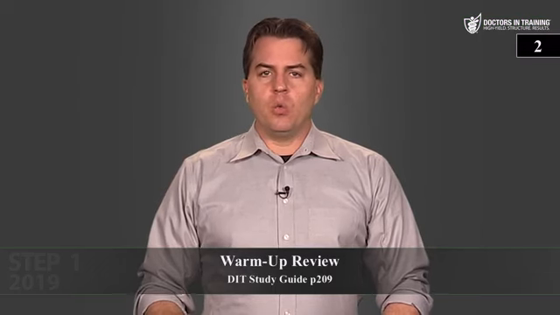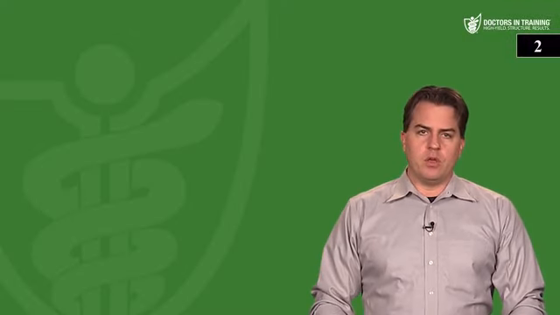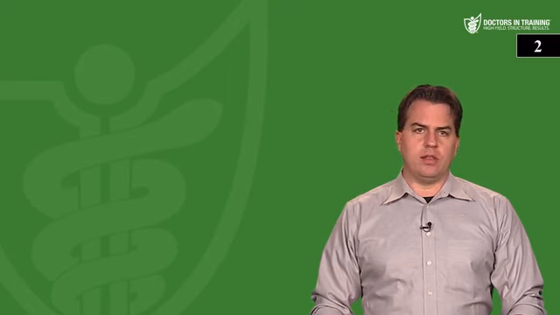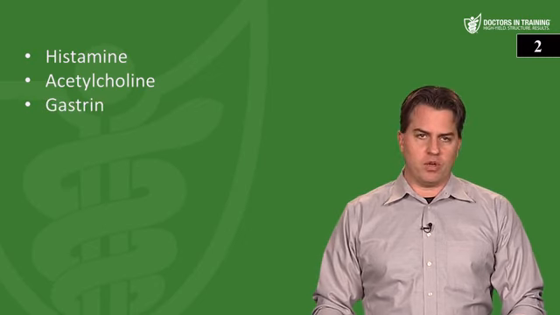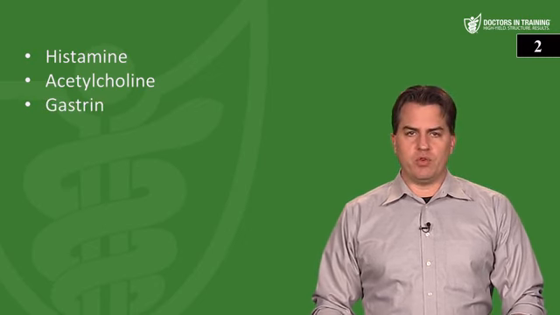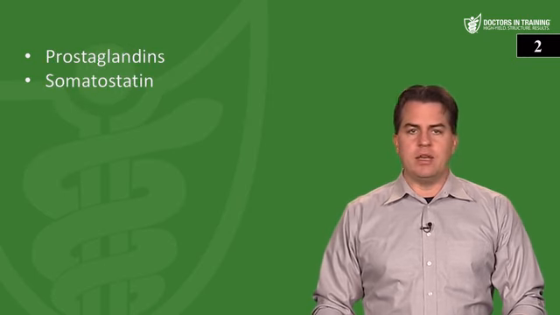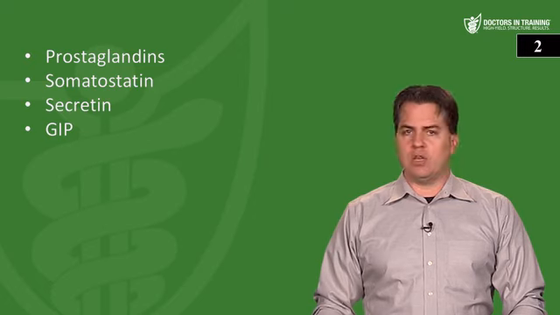Next question, what drugs and endogenous hormones regulate the secretion of gastric acid? Let's start with the hormones. Several hormones and chemicals promote gastric acid secretion, including histamine, acetylcholine from the vagus nerve, as well as gastrin. And then several other hormones and transmitters inhibit gastric acid secretion, including prostaglandins, somatostatin, secretin, and GIP, or gastric inhibitory